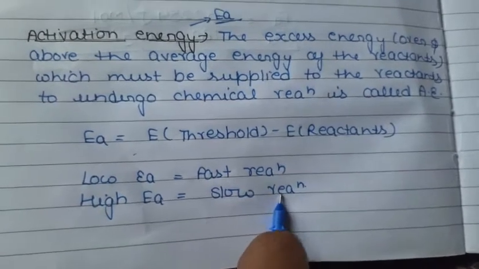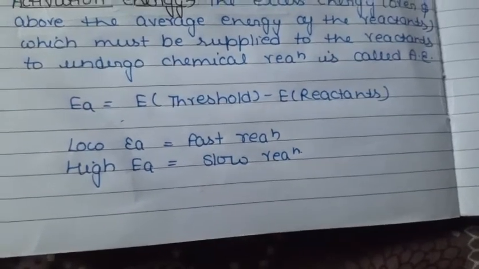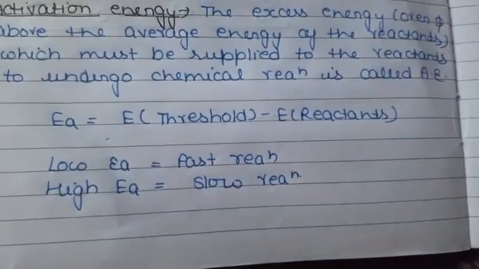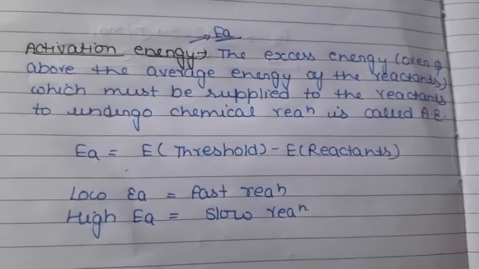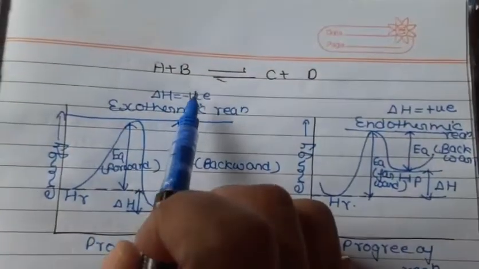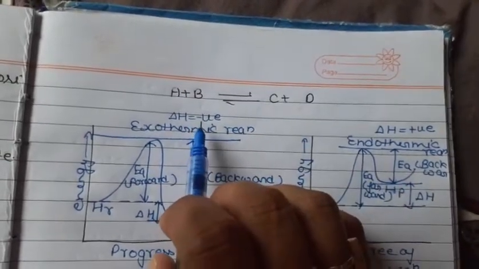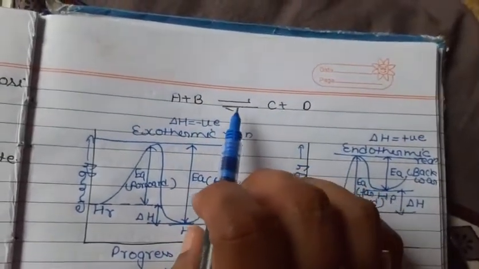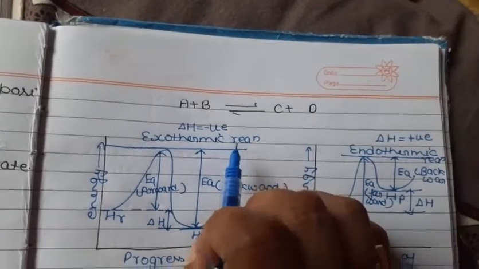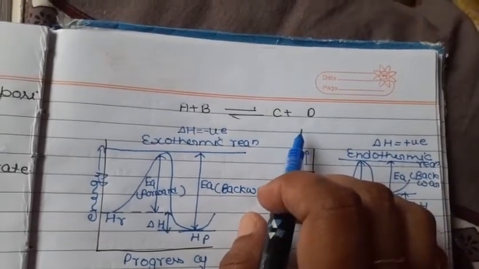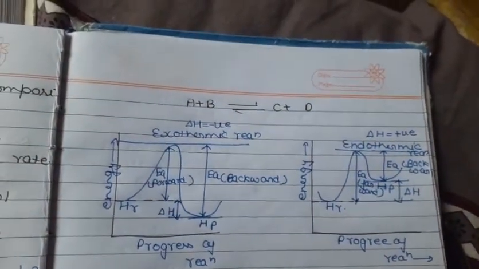Okay students, so if we talk about the progress of a reaction, and what is an exothermic reaction and what is an endothermic reaction on the basis of activation energy, then how will we define it? Okay students, let's see here. Consider a reversible reaction A plus B reversible C plus D. Just as activation energy is required for the forward reaction, activation energy is also required for the backward reaction. During the process of the reaction, the reactant molecules in the forward direction and the product molecules in the backward direction follow the same path and form the same activated complex.